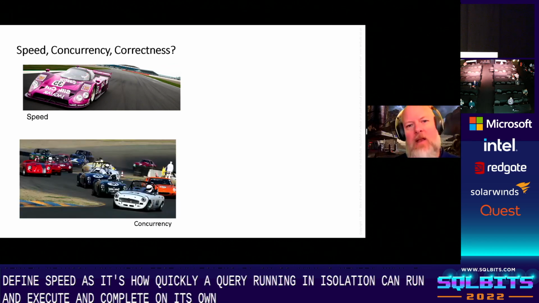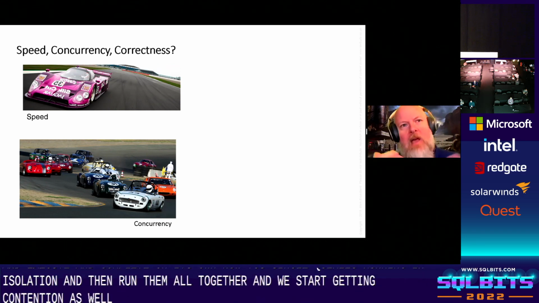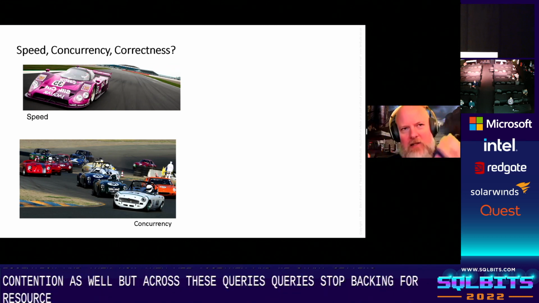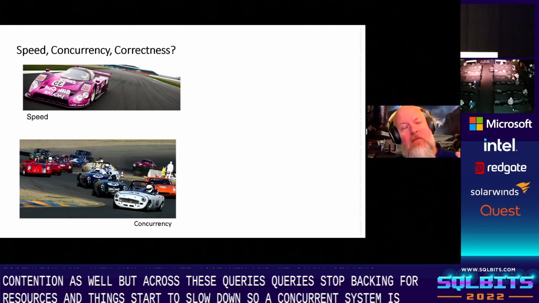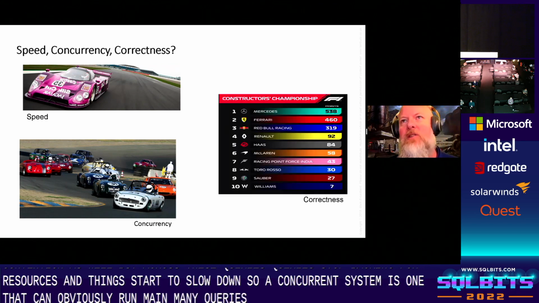Now, extending this further, this is where we get concurrency, because we will take these single queries running in isolation and then run them all together. And we start getting contention across these queries. Queries start battling for resources and things start to slow down. So a concurrent system is one that can obviously run many, many queries, which moves us on to